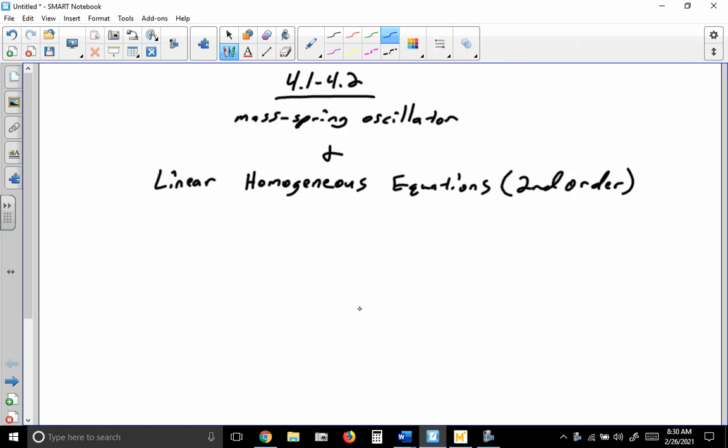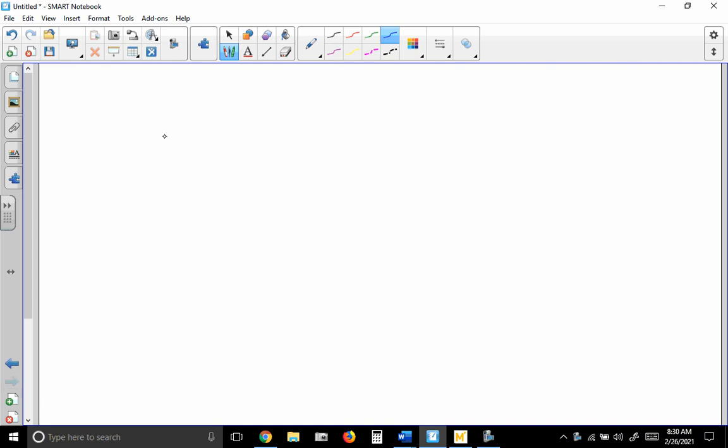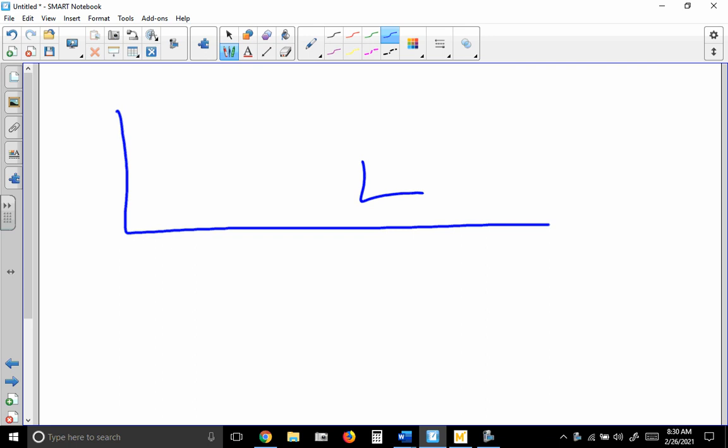So as we get into chapter 4, we begin looking at second order differential equations. And as an introduction, we look at the mass spring oscillator system. A mass spring oscillator system is simply a system that has a mass in it, and then it's connected to a spring. And you know from experience that if you have a spring attached to something,